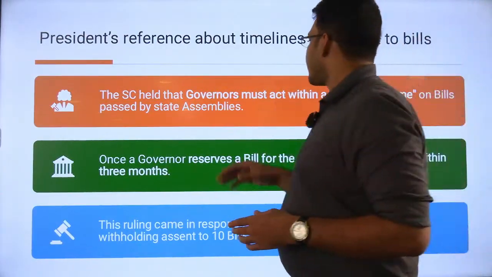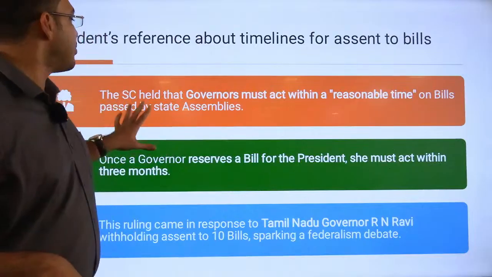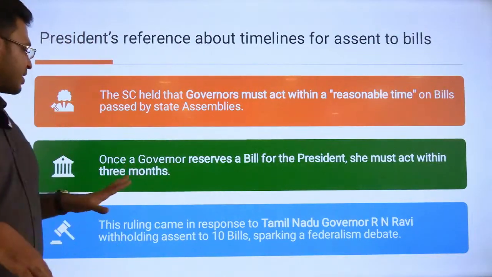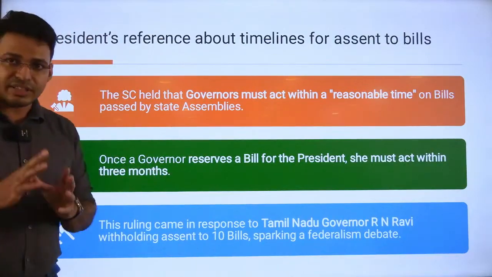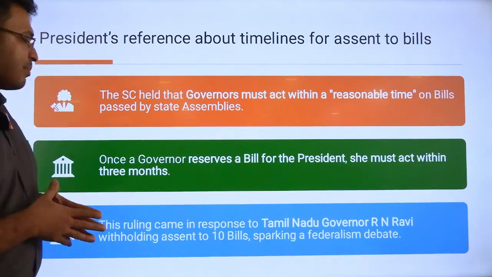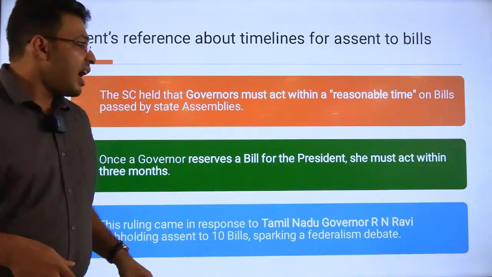The Supreme Court held that the governor and the president must act within a reasonable time on bills passed by the state assemblies. What was the reason? Once the governor reserved the bill for the president, the president also must give the assent within 3 months. And this ruling came in response to the Tamil Nadu government's case against Governor R.N. Ravi